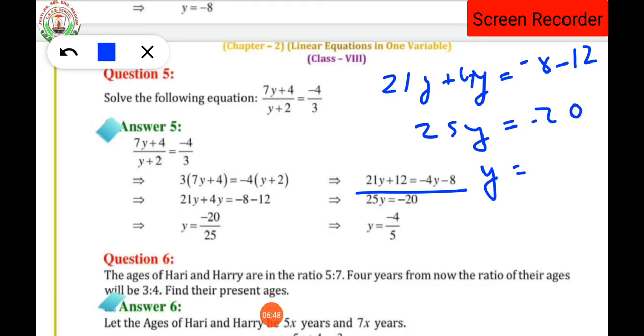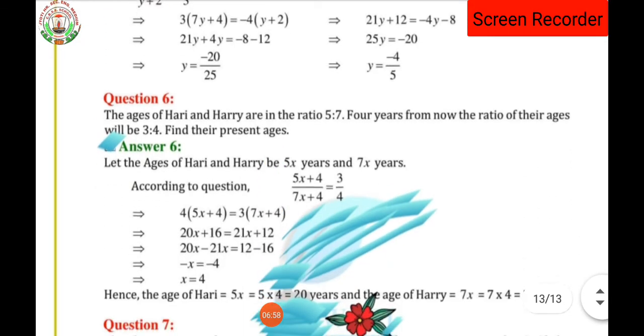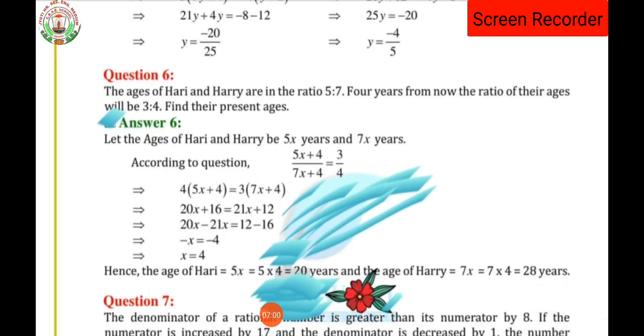So y is equal to minus 20 upon 25. It will get cancelled by the table of 5. Minus 4 upon 5 will be the required answer. Clear? In the same way, for question number 6 we have: the ages of Harry and Hari are in